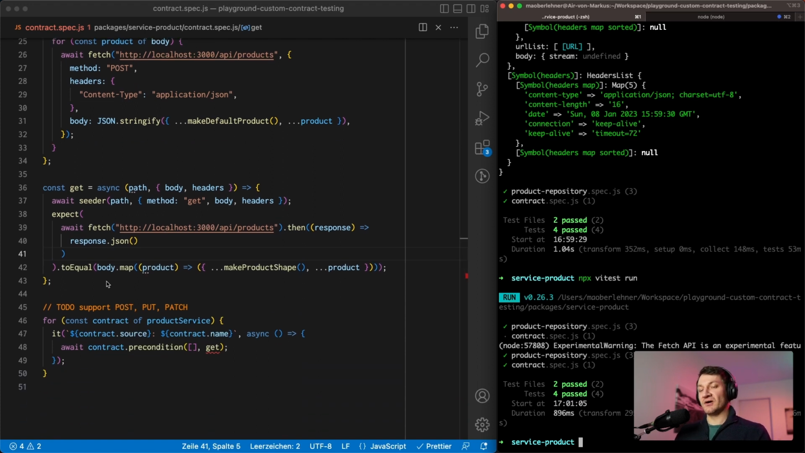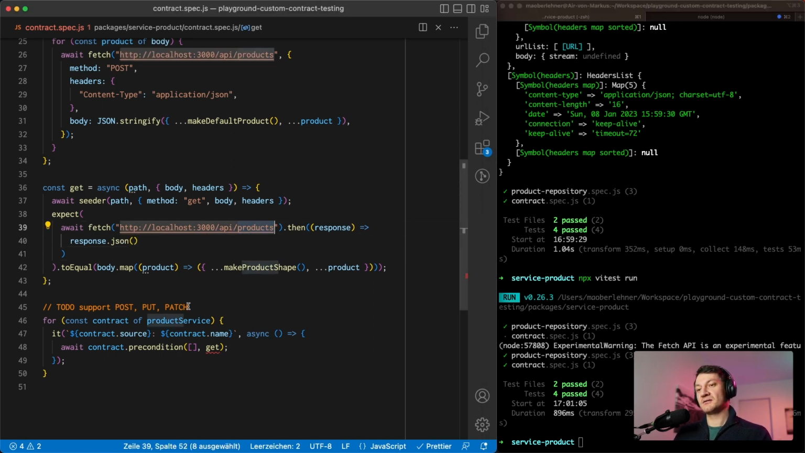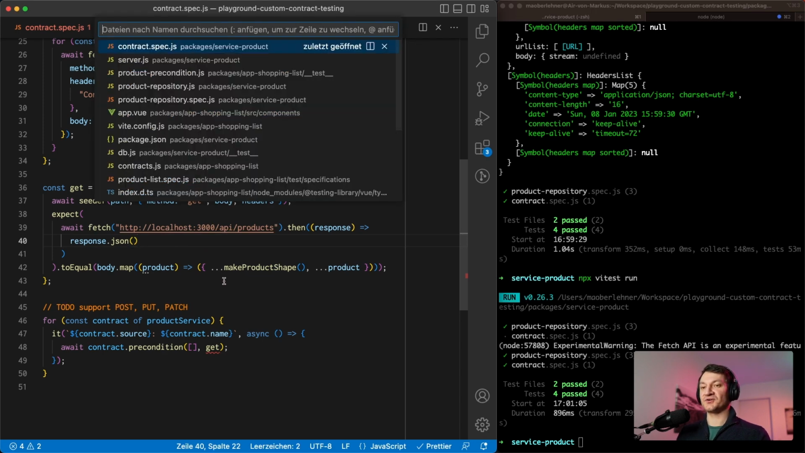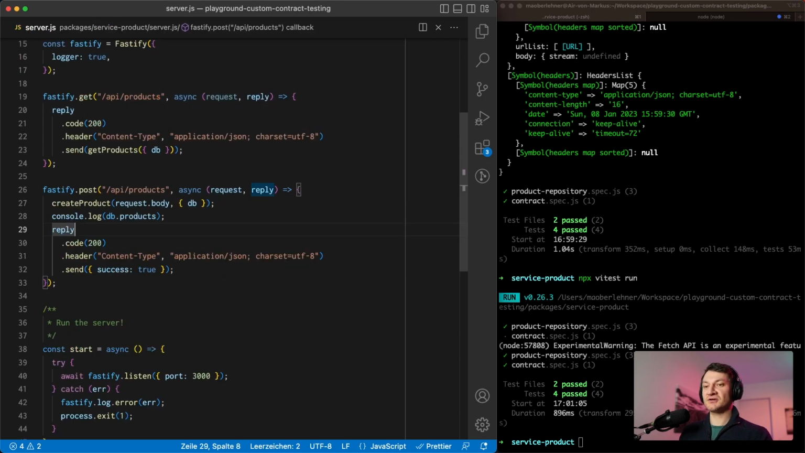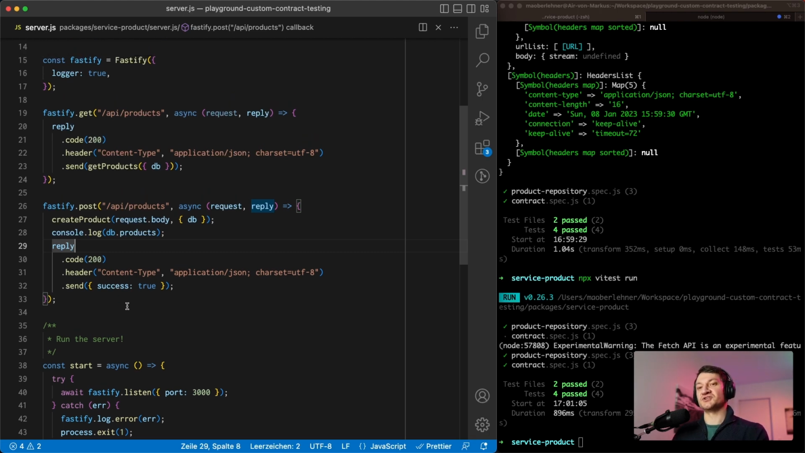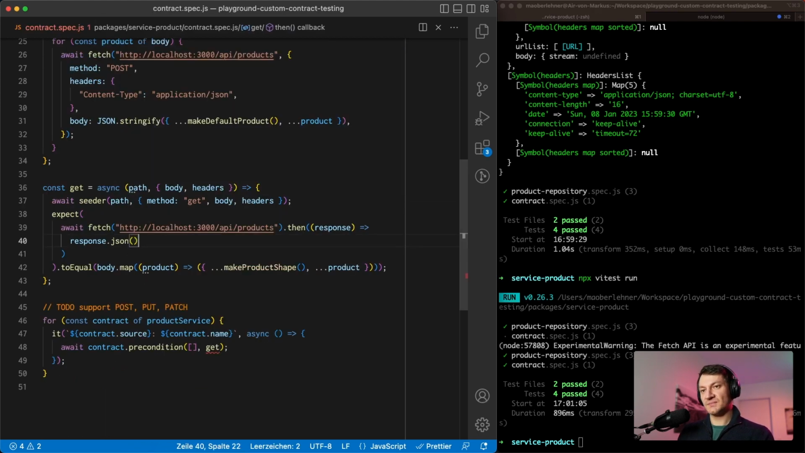And the nice thing now, our contracts test basically also serves as an integration test, because we fetch the data via the real endpoint. So not only do we test our application logic, but also our server logic here. So we test both the GET endpoint and also the POST endpoint. Maybe it's not a complete replacement for all your integration tests, but thinking about it, I think it should be a complete replacement of all your integration tests, because